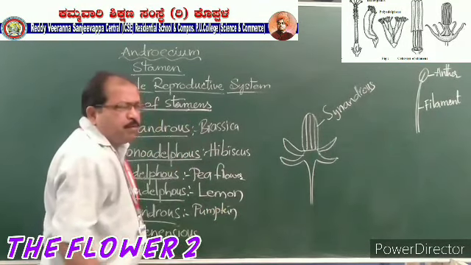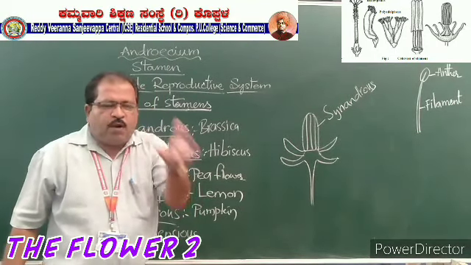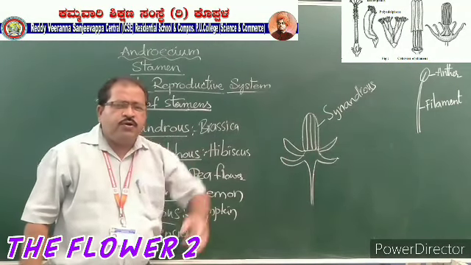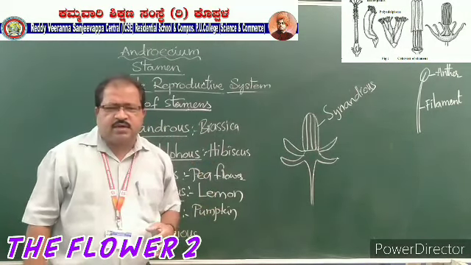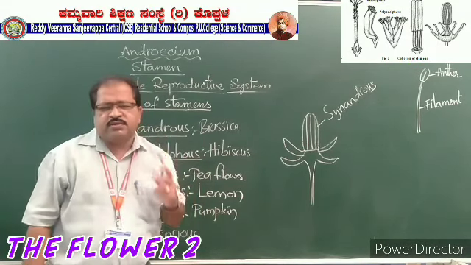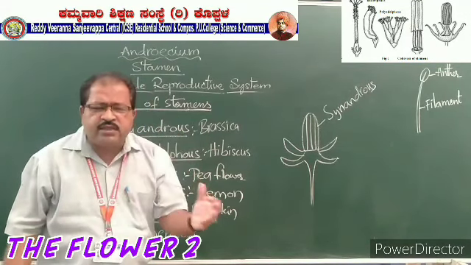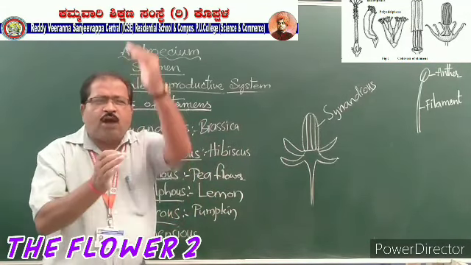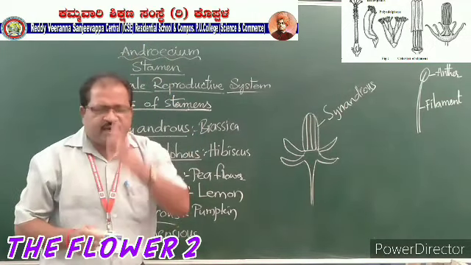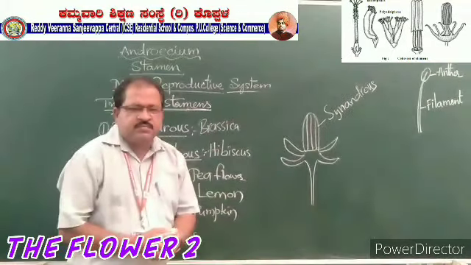All the cucurbita, pumpkin, as well as bottle gourd, angular gourd, these all come under the category of synandrous stamens. In this condition of the flower, synandrous means all the filaments as well as the anthers will be fused together, top to bottom, and form the cylindrical shape. This is called synandrous. And come to the next one, syngenesis.